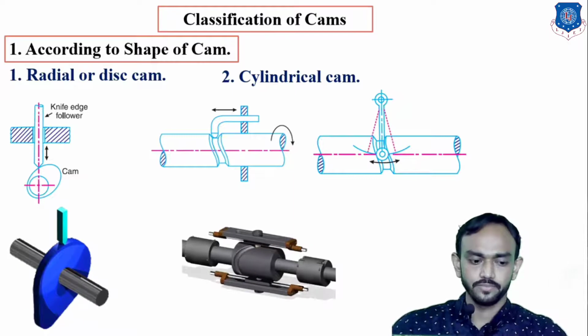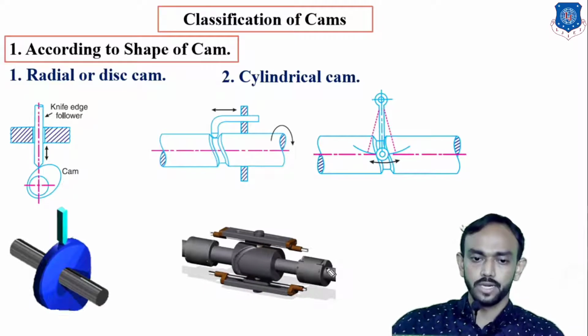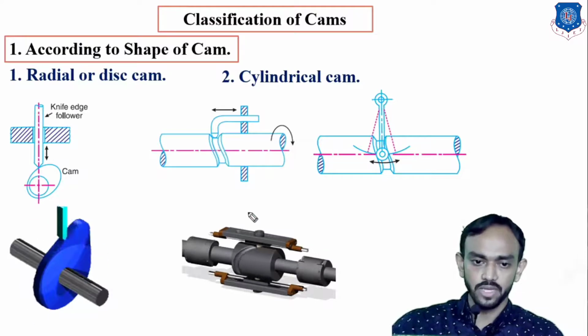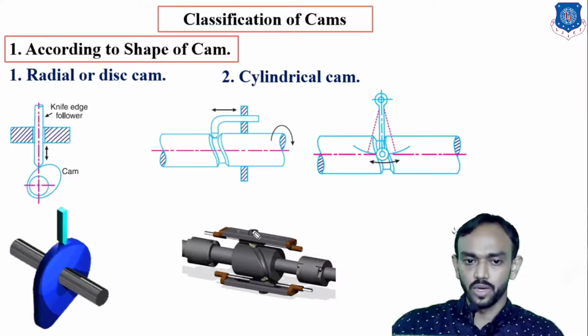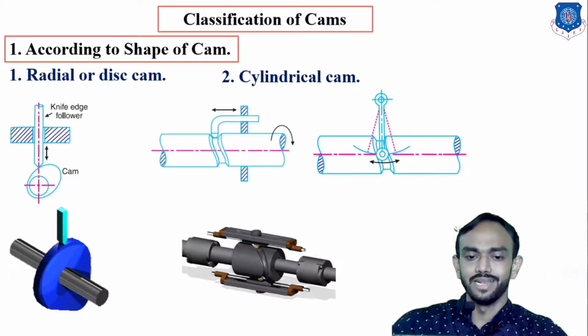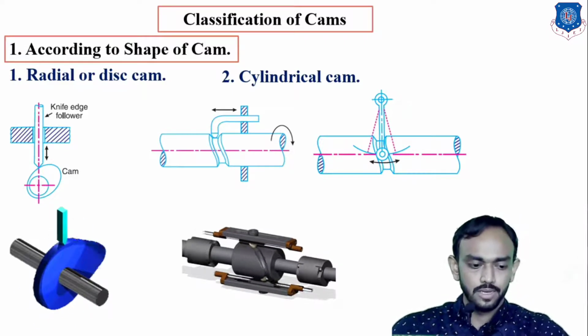You can see here that there is a slot. This shaft is totally rotating, but the slot in that shaft has a curvature, a shape of curve is given. As per that, you can see this follower is reciprocating. The two points are at different places. You can see one point is here, and when the slot rotates, this point will reach here, and that's how this cylindrical cam is working. Okay, so let's go to the next.